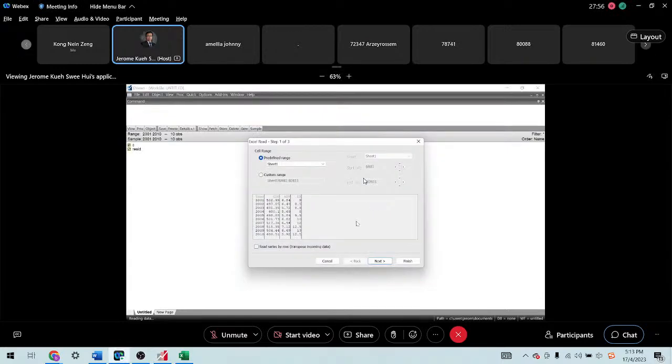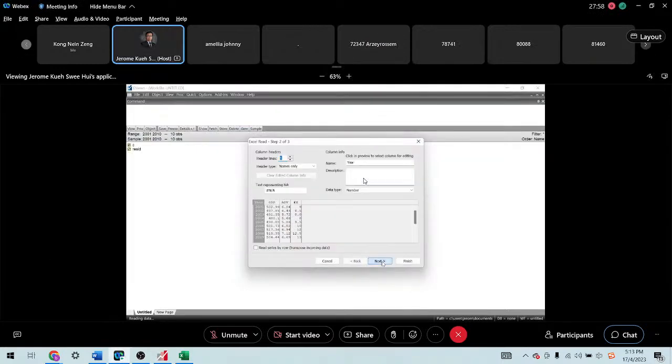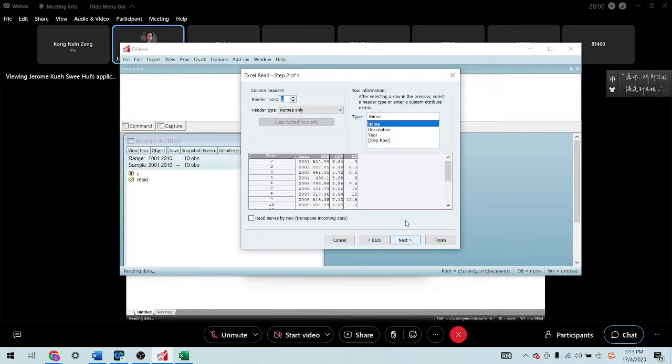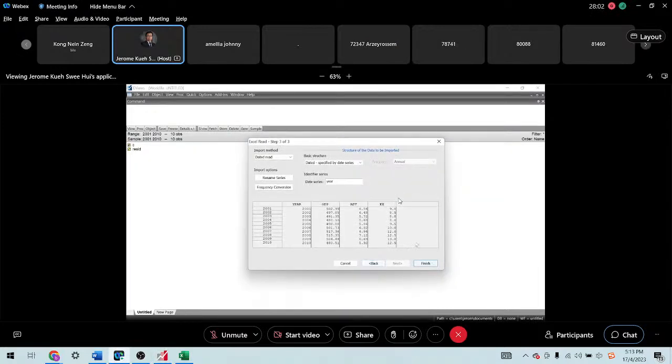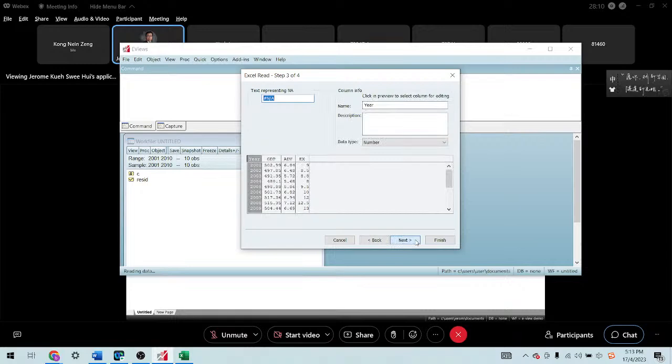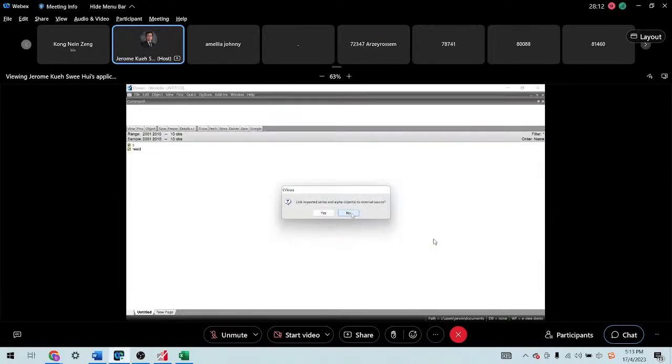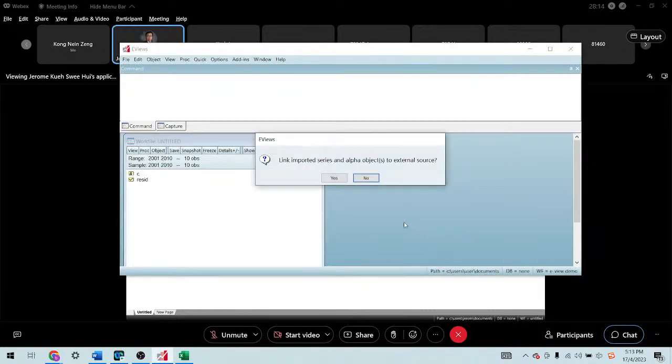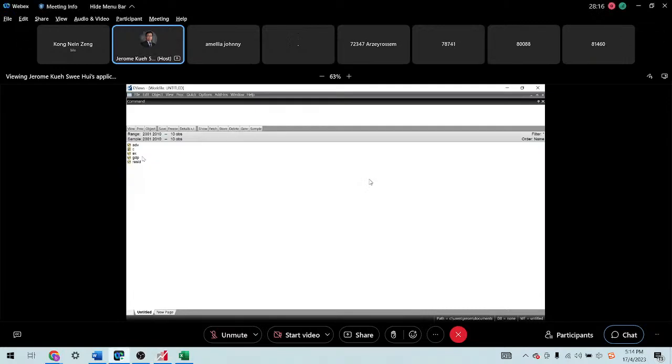This is how it looks. Click Next, just to overview. Make sure that everything is stated here, and then you click Finish. Then, for link imported series and alpha objects to external sources, you can click No. Then you can see everything appears here.